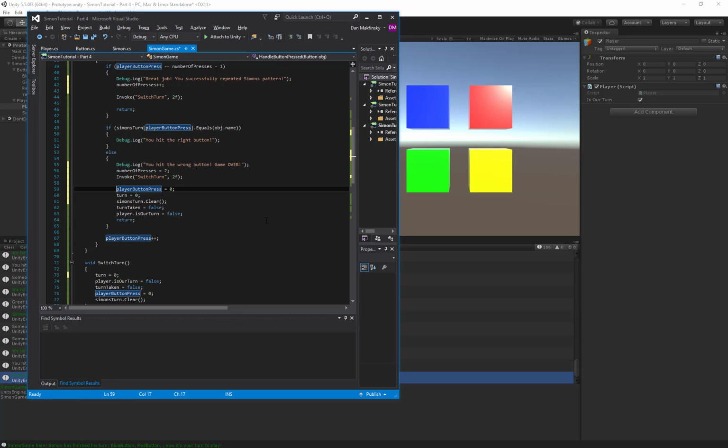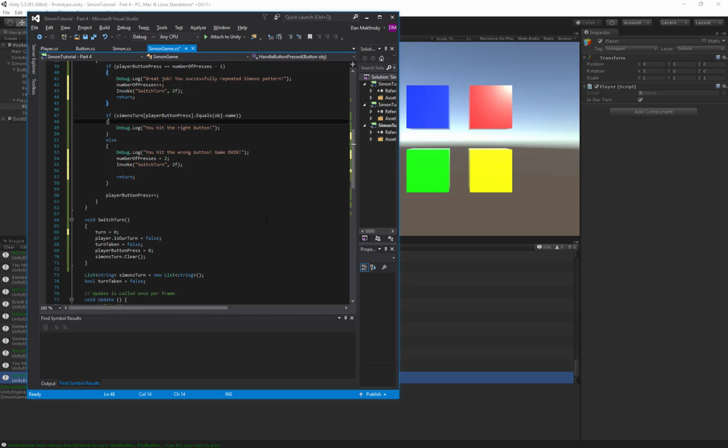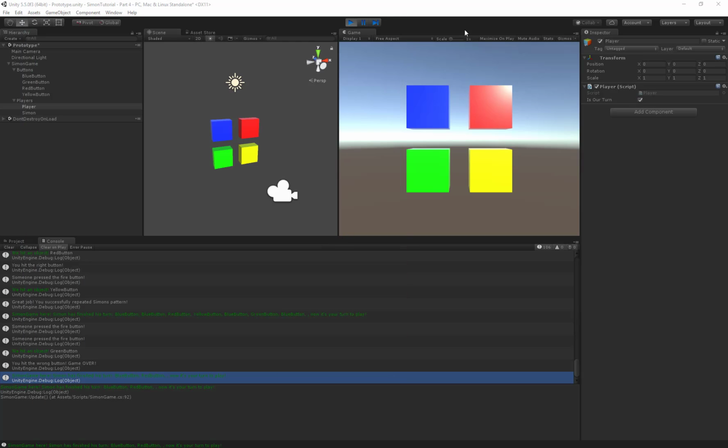Player button press equals 0, that's the same. Turn equals 0, that's the same. Simon's turn clear, that's the same. Turn taken equals false, that's the same. Player's turn is false, that's the same. There we go. Figured out the two differences. Let's save that. Now when you get something wrong,